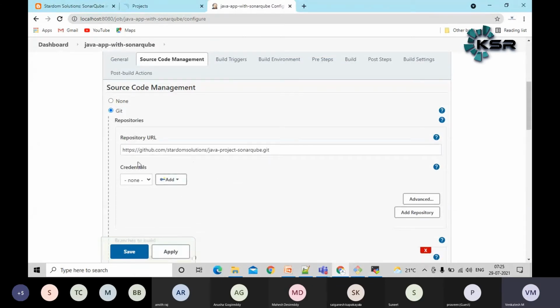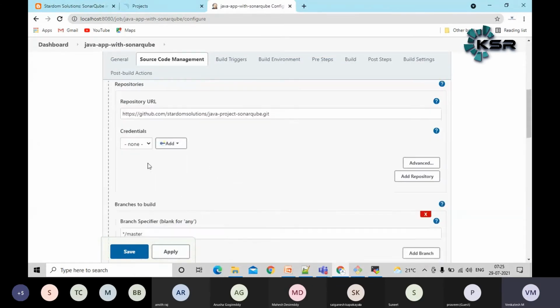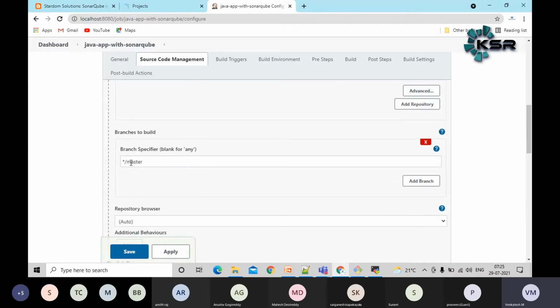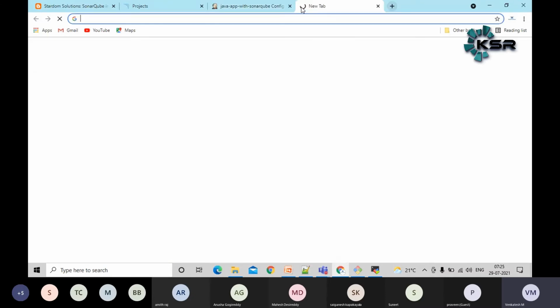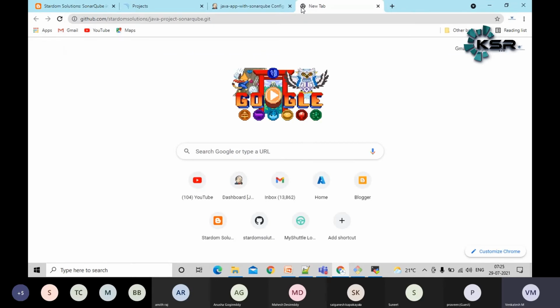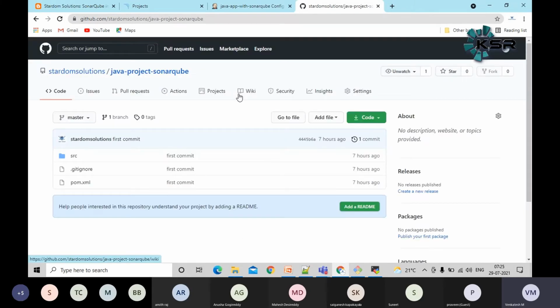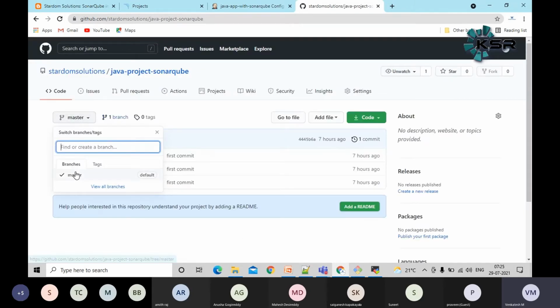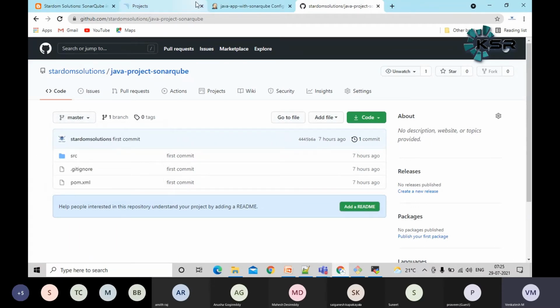Now the error will go away. Sometime back this was empty, right? Now this is the master branch. Based upon your requirement, you need to check which branch you want to build. Let me click on this one. Here you can get the list of branches and list of tags, guys. If you want to build a different branch, you will get a list here, and you can choose any one as per your requirement.